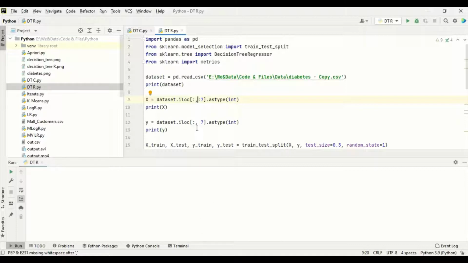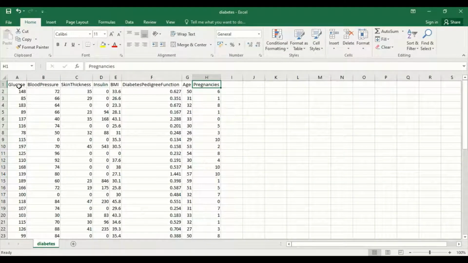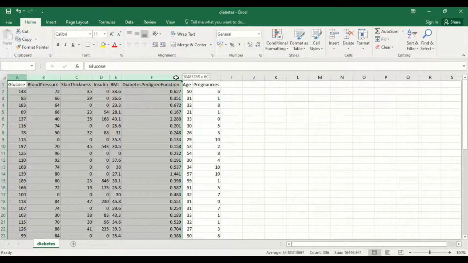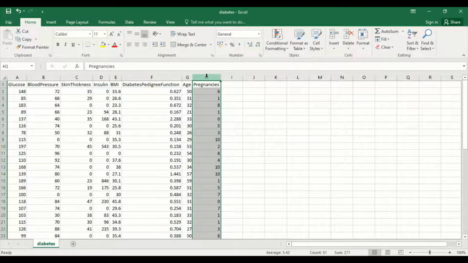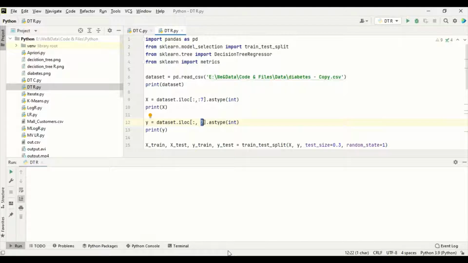Now 7 columns will be given to x, and the 7th column alone is located and given to the variable called y. That is the target variable. So 0 till 6 is the features, glucose till age, and pregnancies, column 7, is given to the y value. That is the target variable.